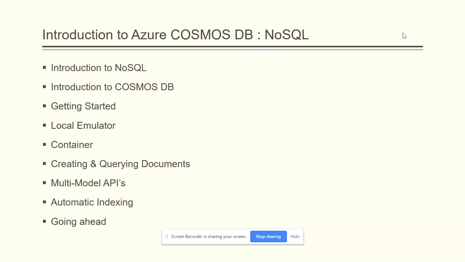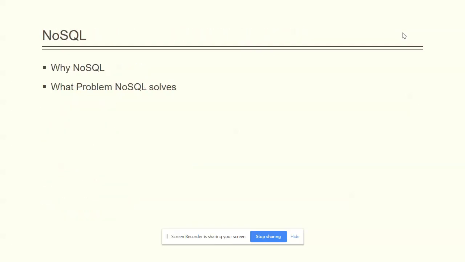So just to let you know, this particular course I'm creating is an introduction to Azure Cosmos DB. So I'll be letting you know in short, for a developer, what is Azure Cosmos DB, what do we need to do to start with, and what are the things that we are not aware of, because we might be from a background where we have used relational databases and this NoSQL is completely new to us. So let's start. So what is NoSQL?